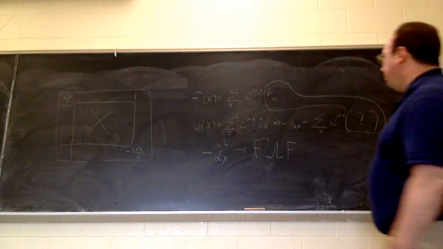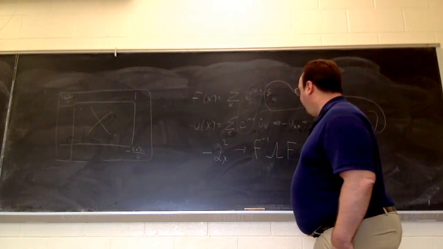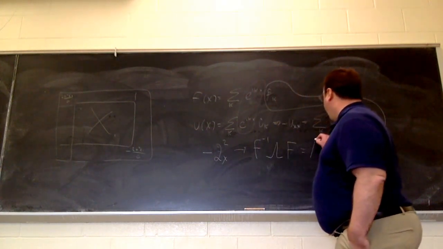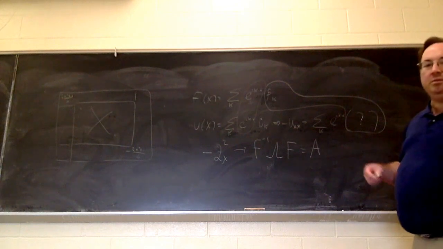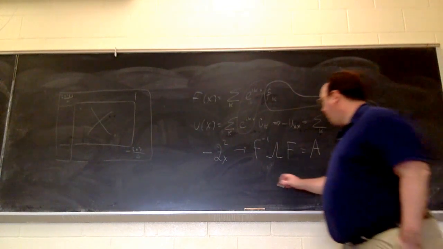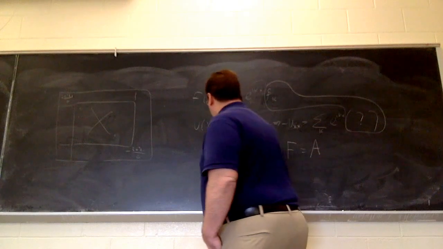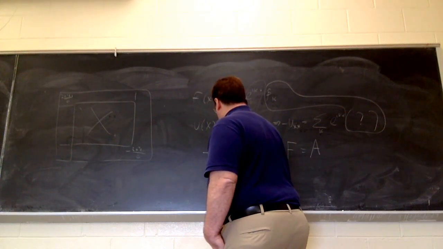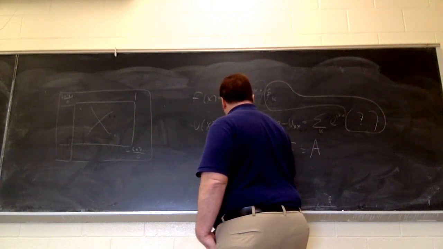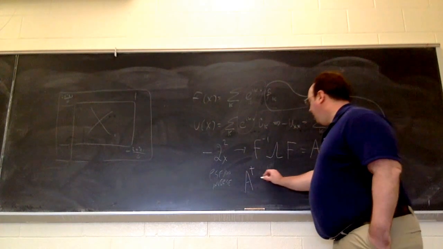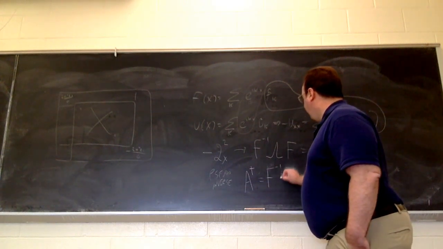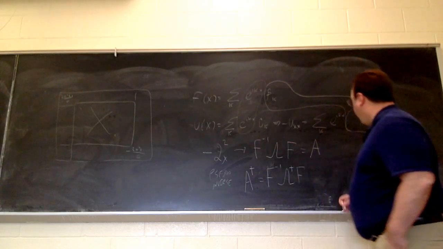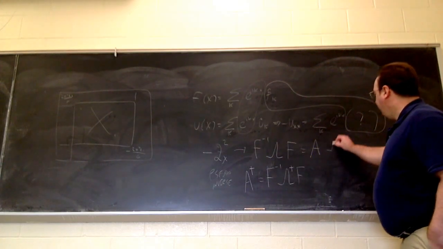So if I call this A, A inverse doesn't exist, but the pseudo inverse, which is written this way, is F inverse, and the same symbol applied to lambda F, where lambda has diagonal entries